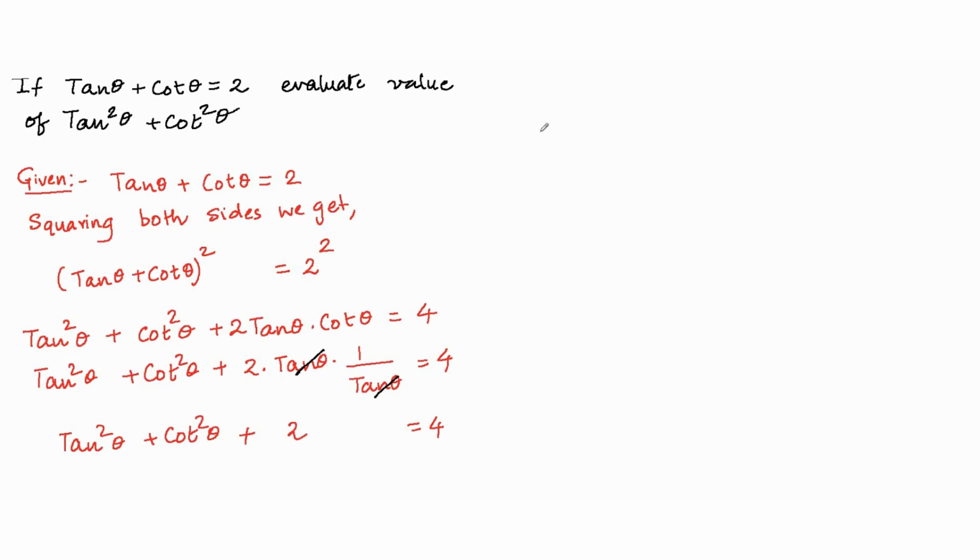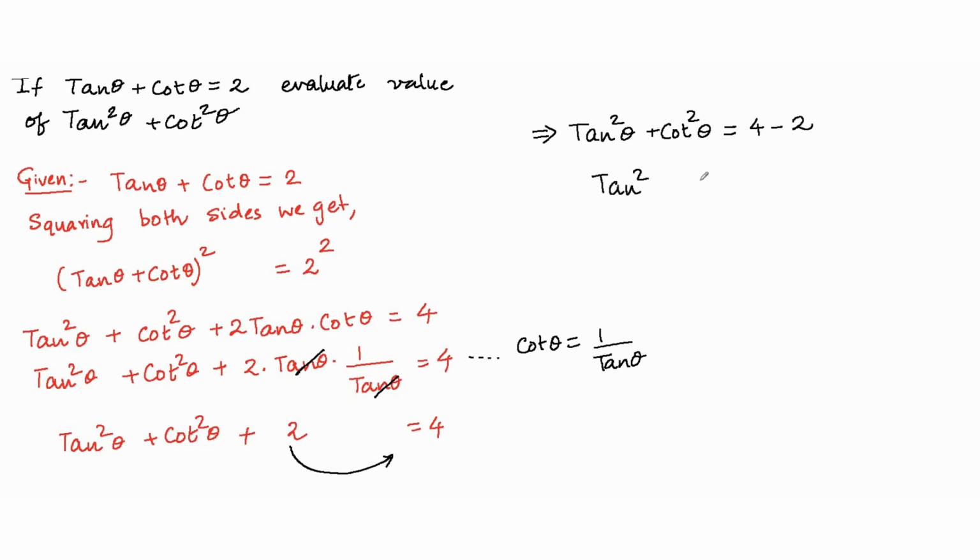This implies tan square theta plus cot square theta is equal to 4 minus 2, transposing the 2 to the other side. By the way, I have used the identity cot theta is equal to 1 by tan theta over here. So shifting the 2 to the opposite side, I get tan square theta plus cot square theta is therefore equal to 4 minus 2, which